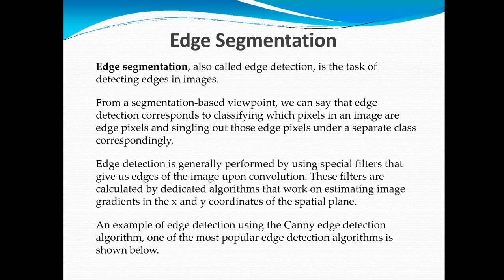Edge detection is generally performed by using special filters that give us edges of the image upon convolution. These filters are calculated by dedicated algorithms that work on estimating image gradients in the x and y coordinates of